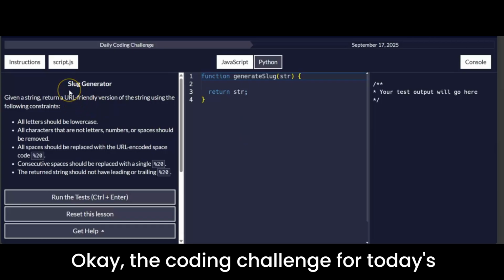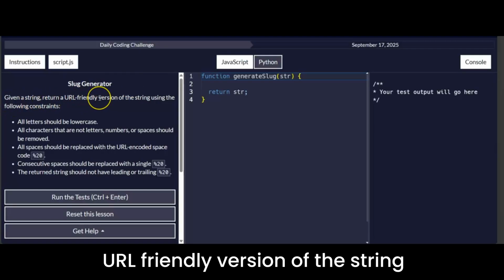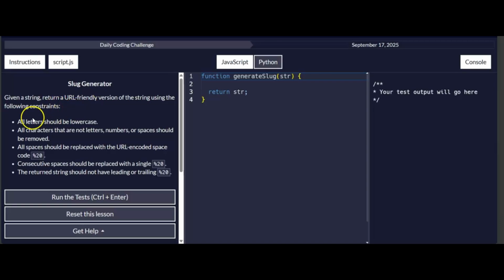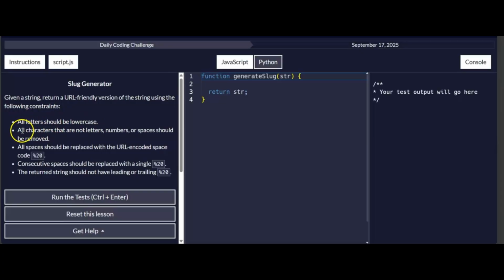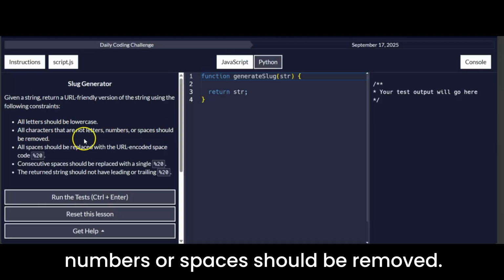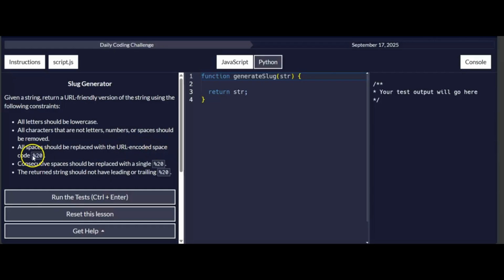Okay, the coding challenge for today's video is slug generator. Given a string, return a URL friendly version of the string using the following constraints. So the constraints or conditions are: all letters should be lowercase, all characters that are not letters, numbers, or spaces should be removed. All spaces should be replaced with the URL encoded space, that is